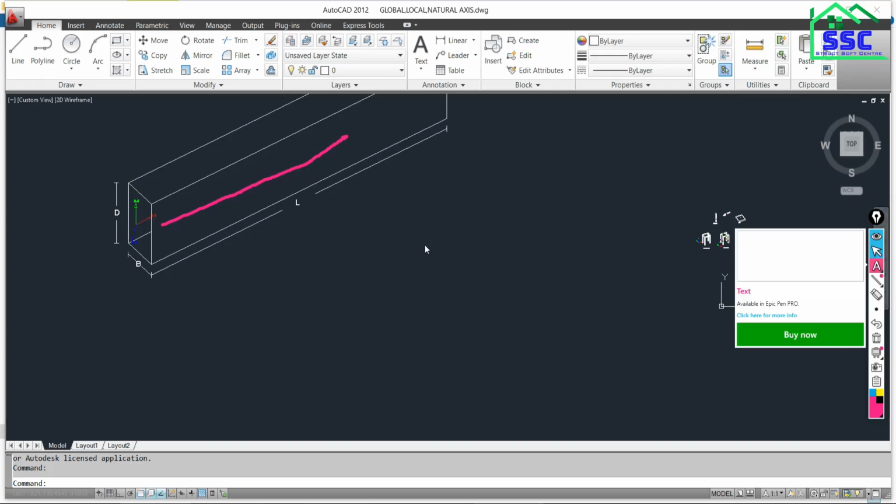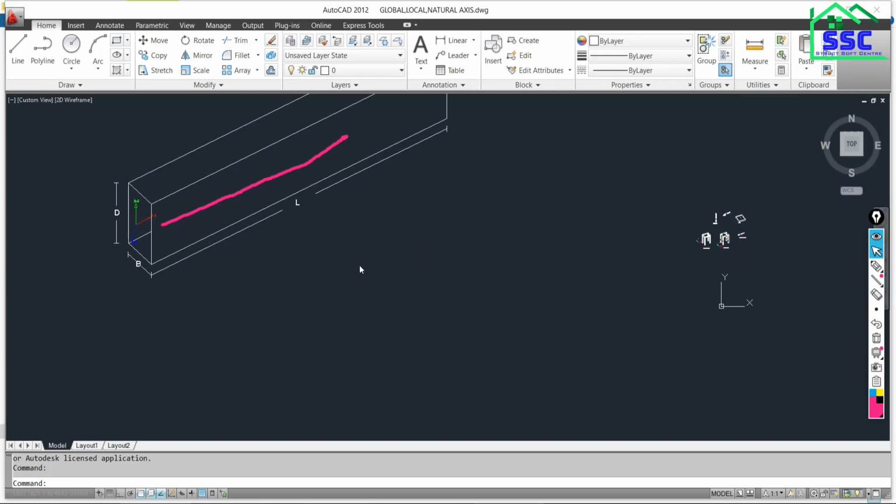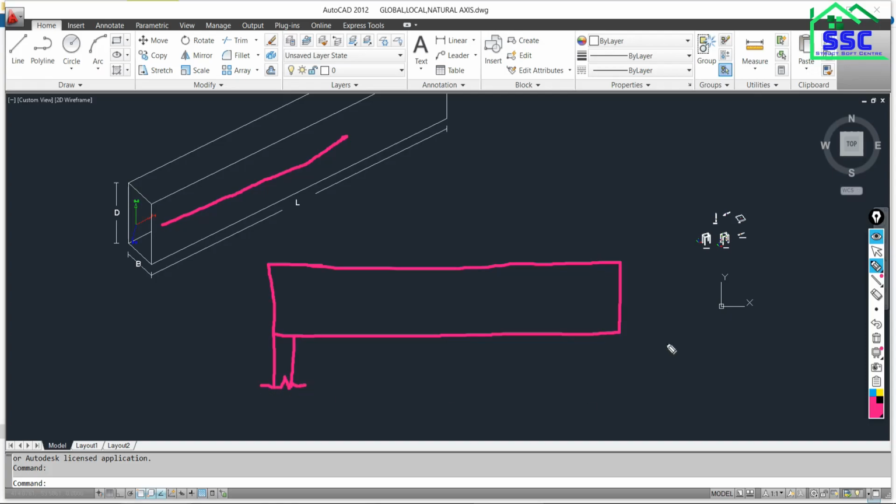This kind of example we have discussed in our bachelor's and master's. Just for example, this beam is there, which has a support here like this and a support here like this.